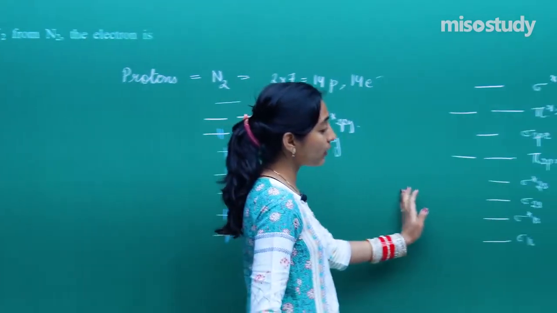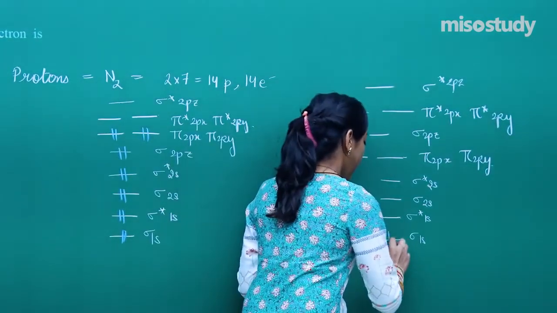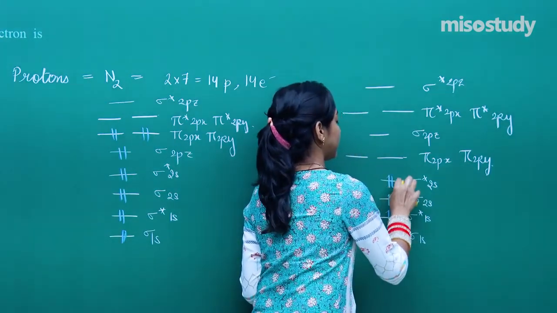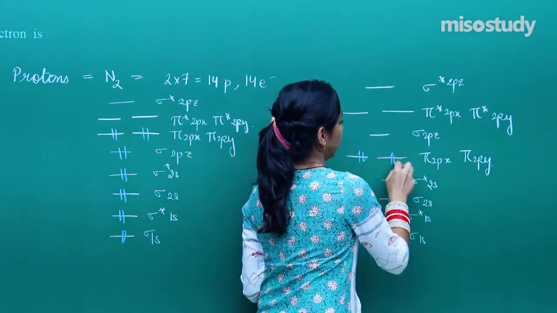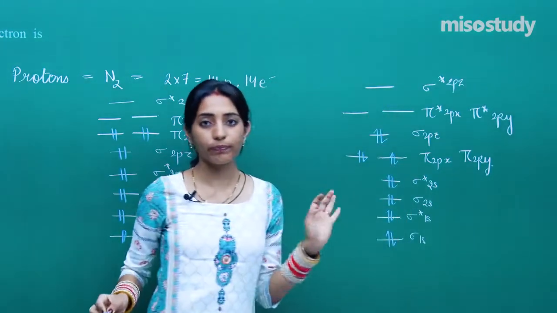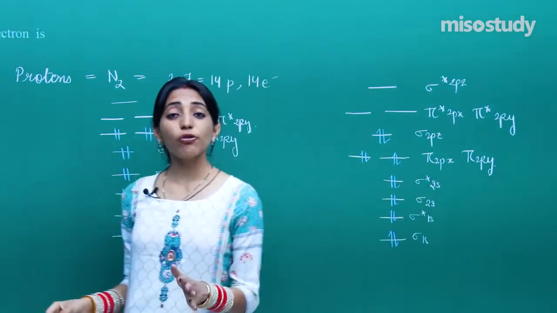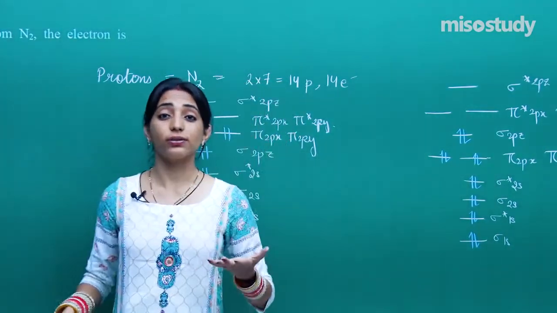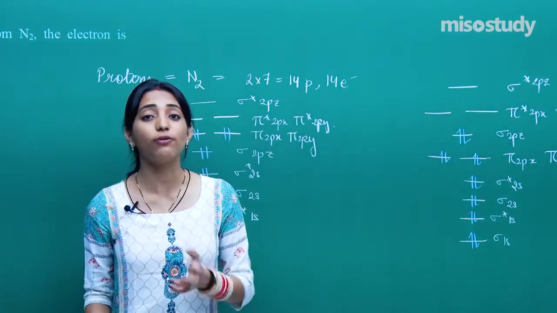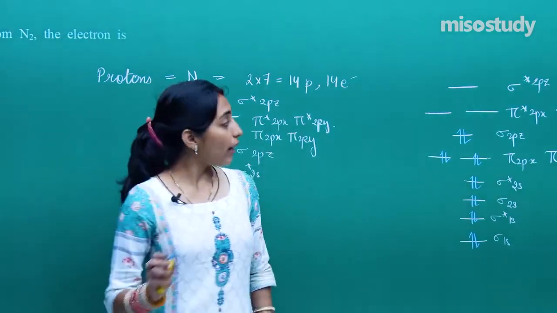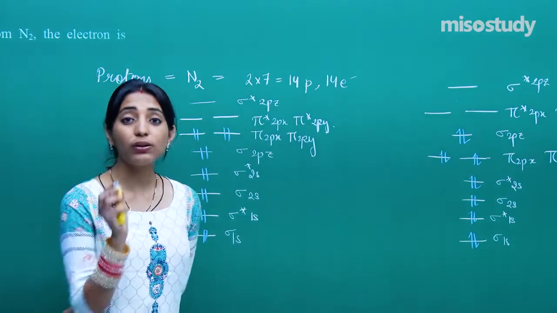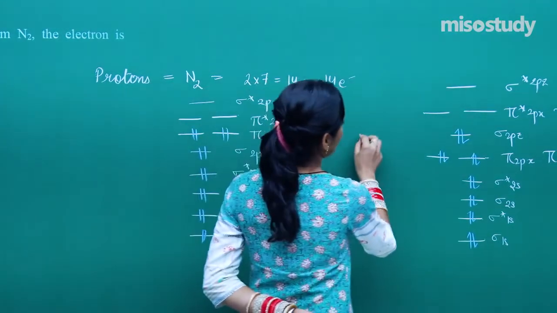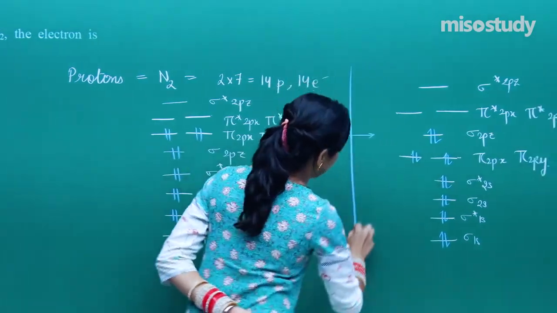And in the opposite case I draw here, then I will say sigma 1, so 1, 2, 3, 4, 5, 6, 7, 8, 9, 10, 11, 12, 13, 14. Okay. Now it's our duty to decide which out of these two molecular orbital pictures can be considered good for the N2 molecule, right. Now since in the case of nitrogen molecule there are just 14 protons, so the number of protons is lesser than 15, so we will be considering this particular diagram,